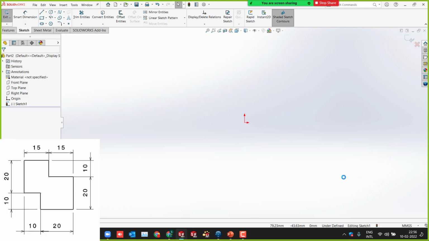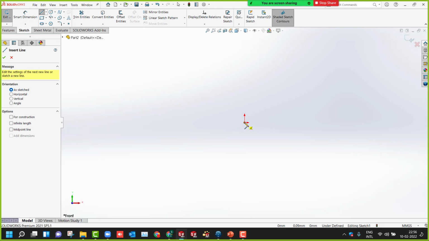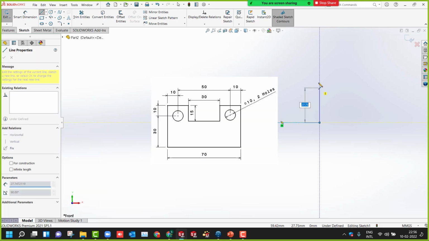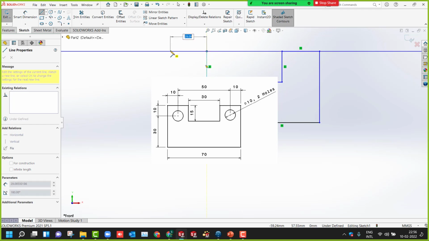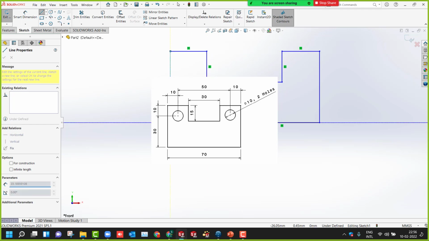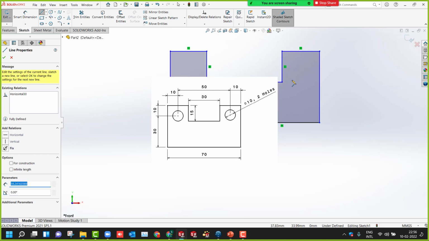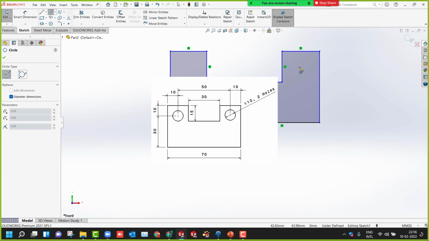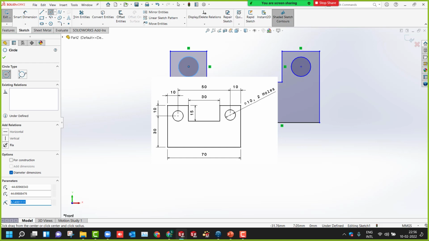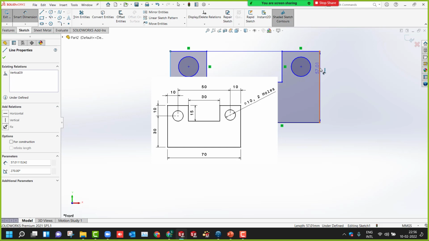So select all, delete. Now we'll go to exercise number 4. Now here I'll do the same. I'll select the line. From the center I'll start. Half of the steps I'll draw this side like this. You just need to draw the rough sketch like this first, and then just draw the circles. This one here and one is here. Fine? Yes. And now go to smart dimension, select it. From here to here, how much it is?